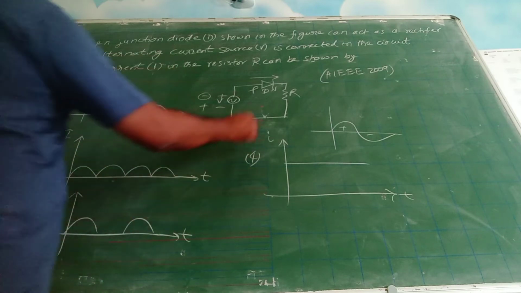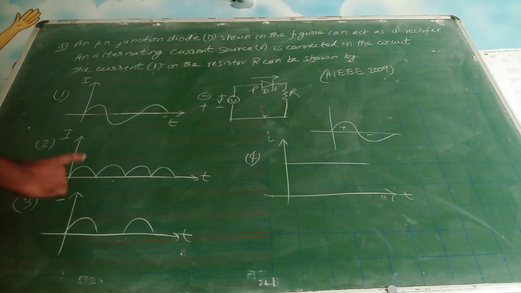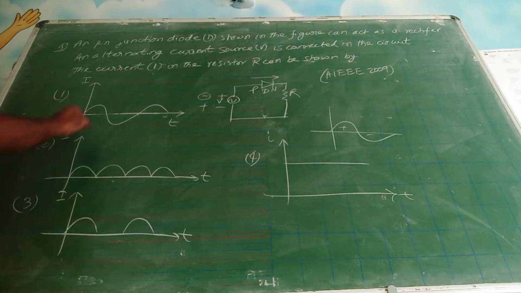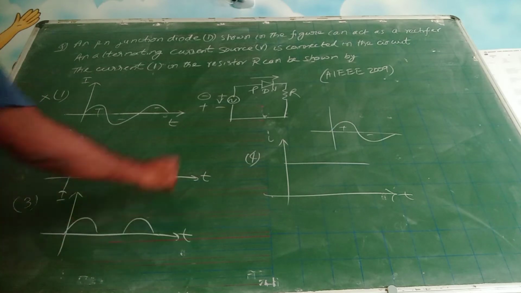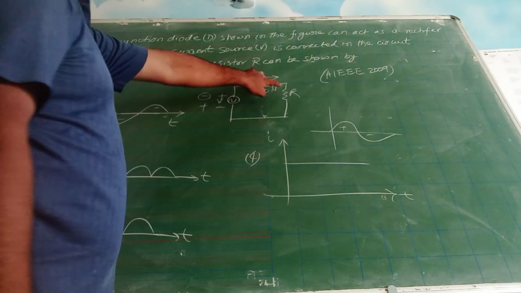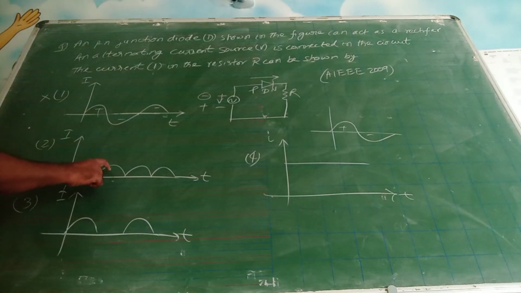So this is a normal diode. No Zener diode symbol is shown over there. That means the current will flow only in the forward bias case. If you take the current, you see this option, positive, negative, positive type of current is shown. This option is wrong. It is saying rectifier. What does a rectifier do? A rectifier converts AC into DC, right? So for half the cycle it is forwarding the current, but for the remaining half there is no current. But here it is showing that in the second half also there is a current, which is wrong.